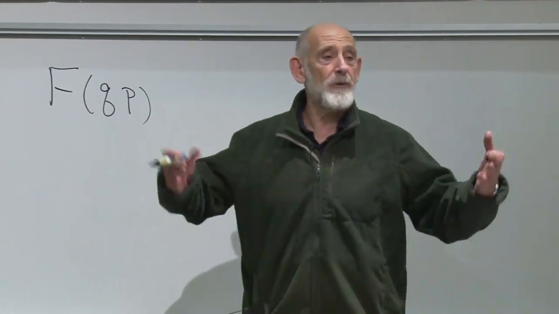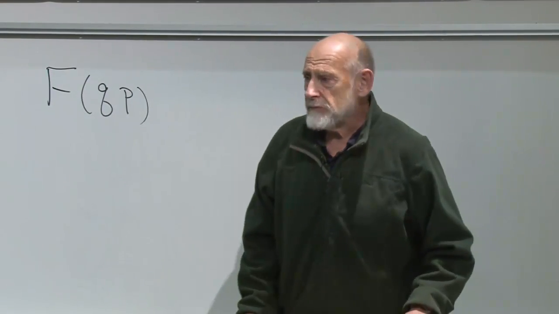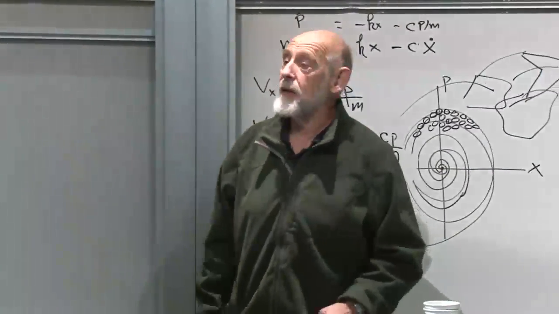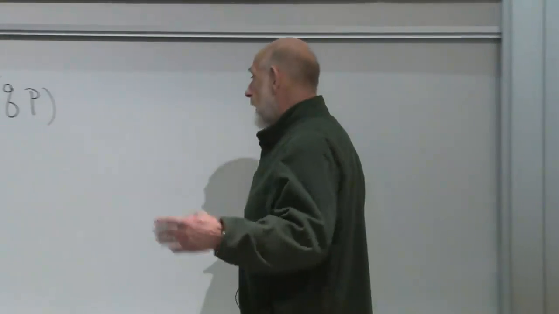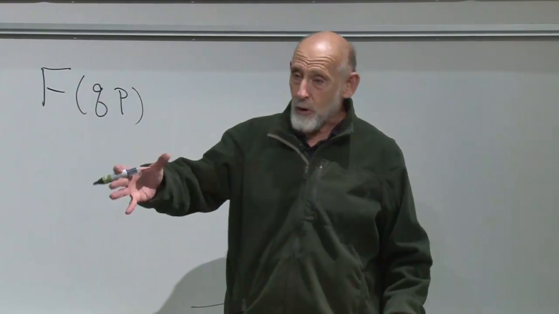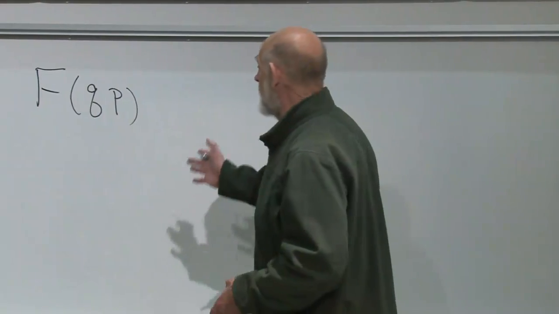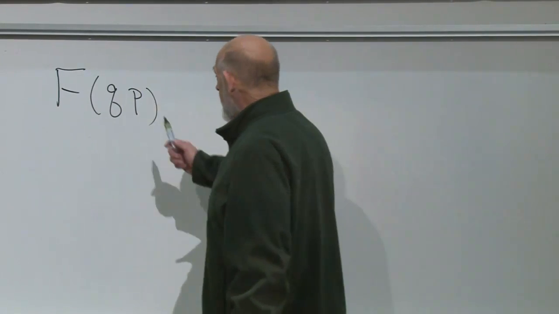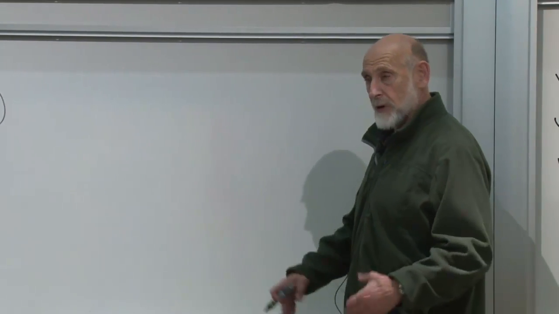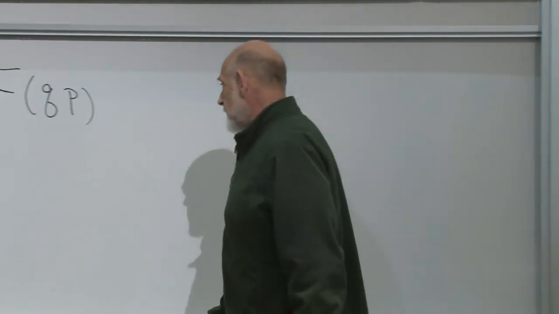It could be Q times P, and you ask, how does Q times P change with time? I don't know why you would want to do that. But, well, it could be the angular momentum, R times P, which is a kind of Q times P. The angular momentum, if there's a torque on the system, then the angular momentum changes with time. You might ask, how does the angular momentum change with time? So how does the general function f of Q and P change as time goes on? Let's explore that question just as an abstract question. How does this change with time?